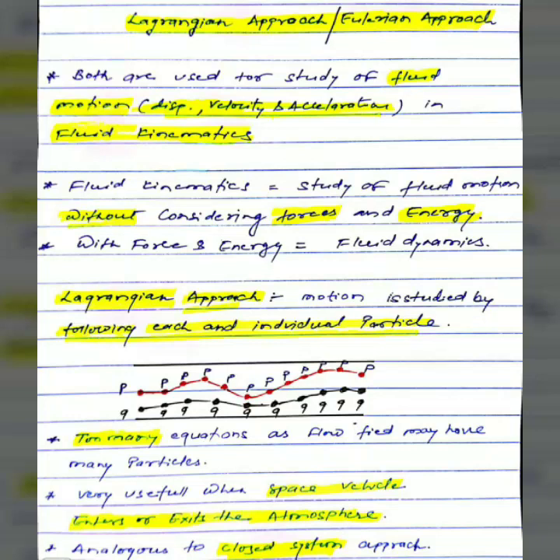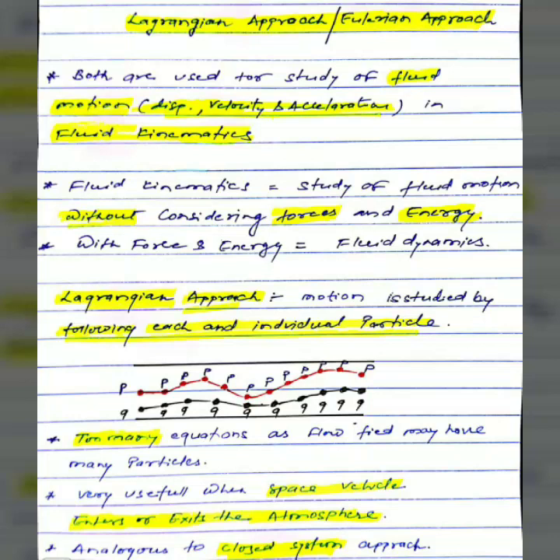So here we are going to discuss the difference between Lagrangian approach and Eulerian approach. Both are used for the study of fluid motion. First, we will discuss the basic characteristics of these two approaches, and then we will discuss an example to understand